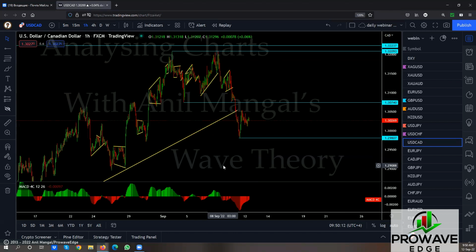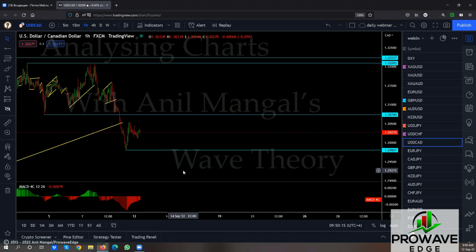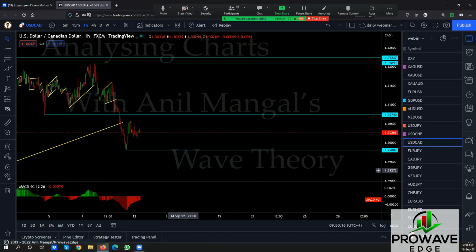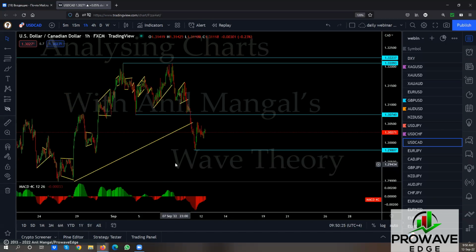Also drop. Same thing here. Is it going to make a flag for upside here, or is it going to make a flat for downside? That's the question. So can we buy into this? I think we can buy. We can do the same thing we did in the